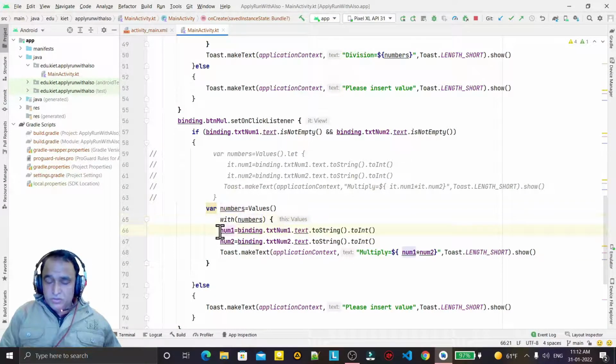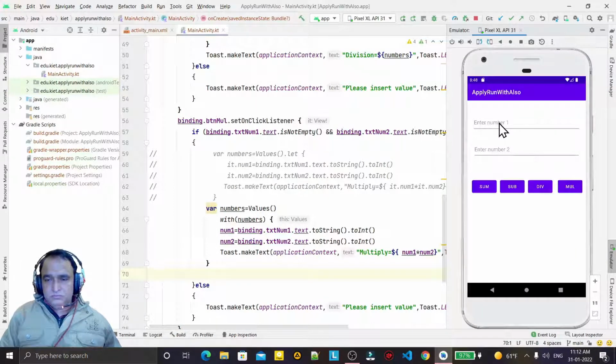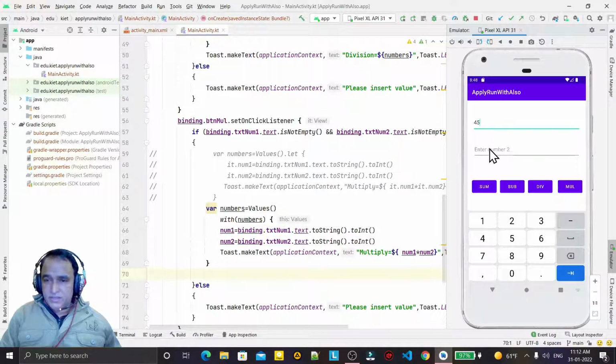No need to put number dot 1, number dot 2. Repetition of this number will be removed by using with, and we can get the same result. You see I start once again and the same result I will have. If I write here once again 2 and I multiply, with the help of with we also have the same result.